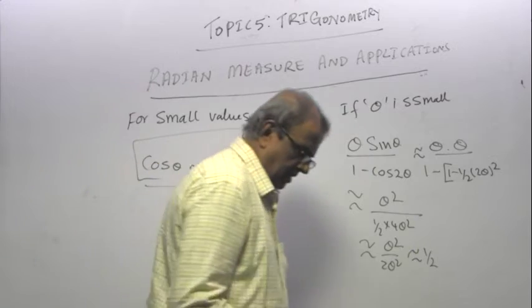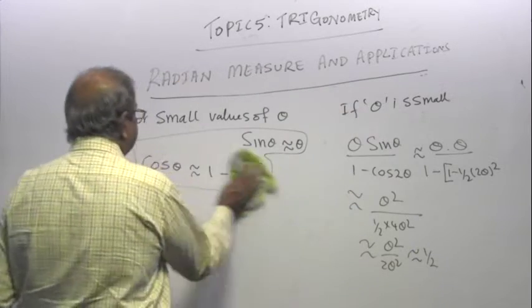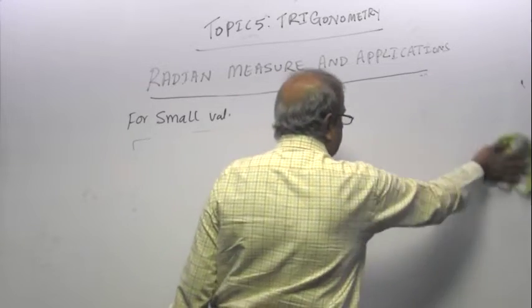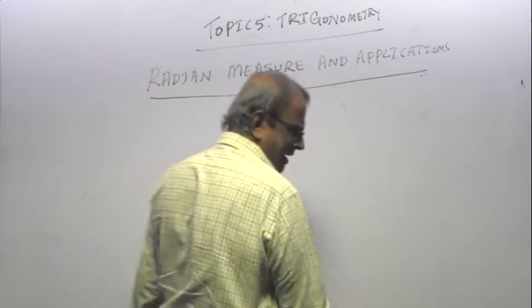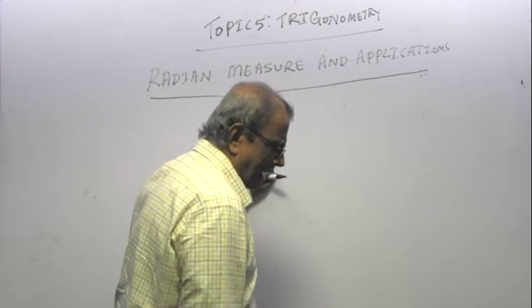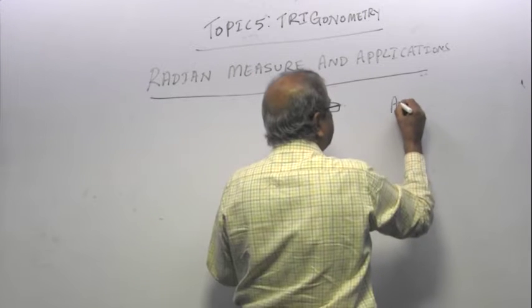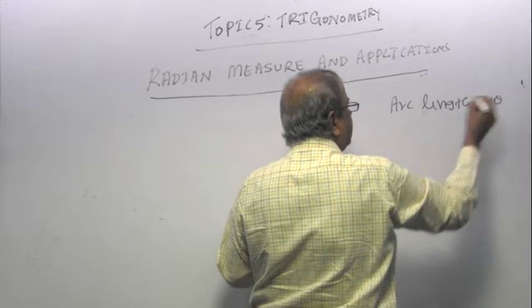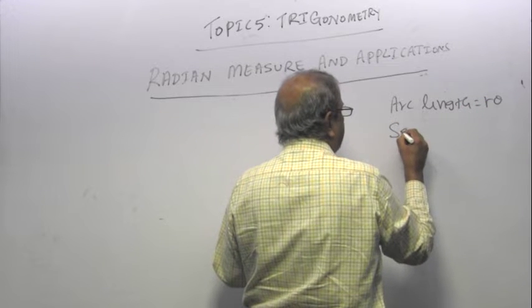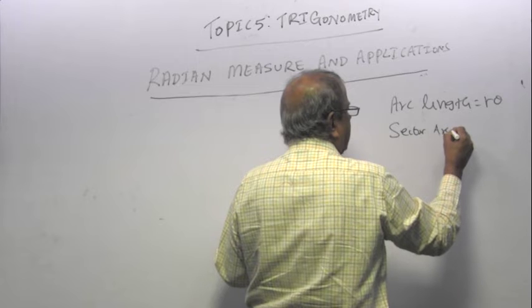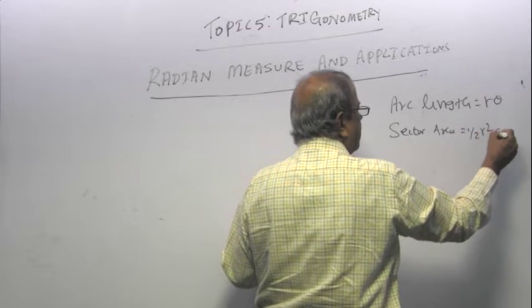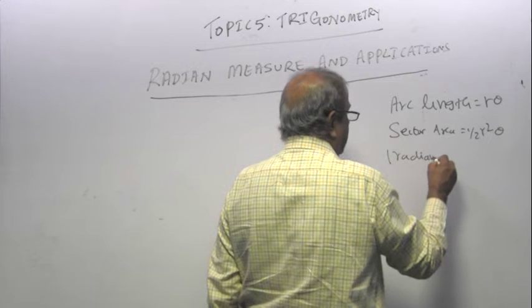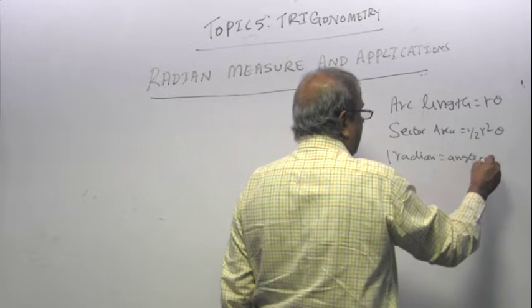Remember, sine theta is theta, cos theta is 1 minus half theta squared. I'll just put that in my handout, along with the formula for arc length, only for those who want to make their own notes. Arc length is r theta, sector area is half r squared theta, and then 1 radian equals the angle at the center